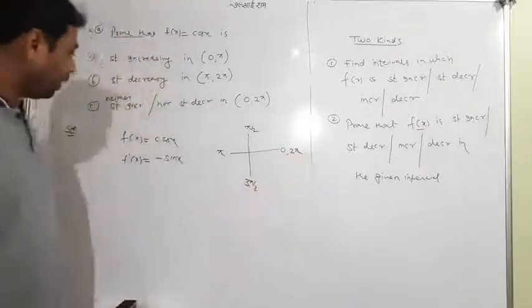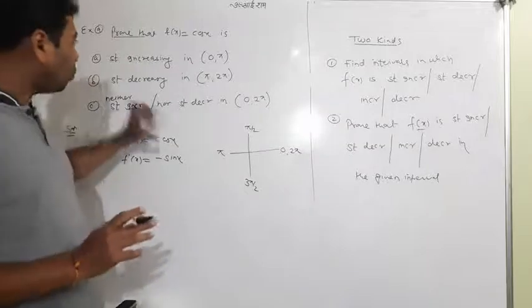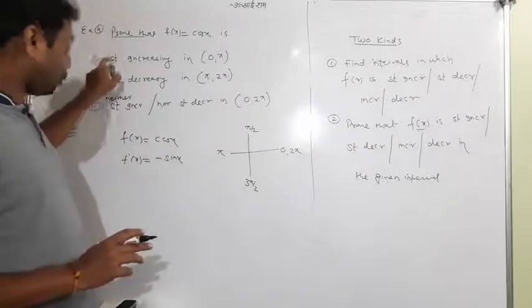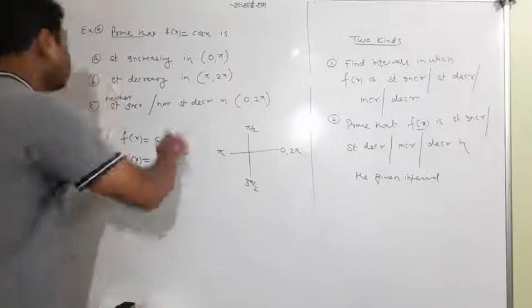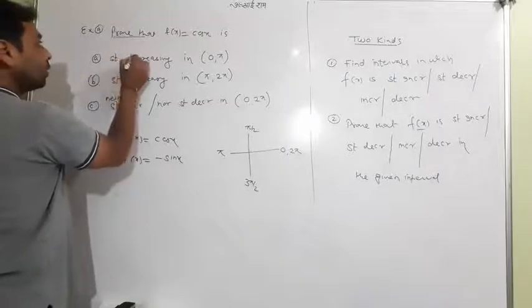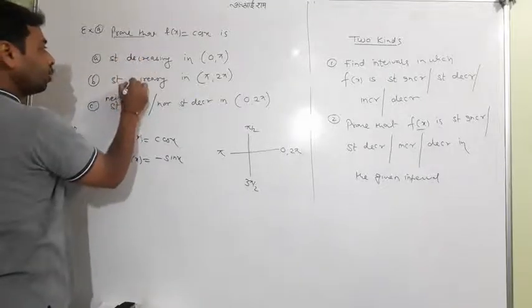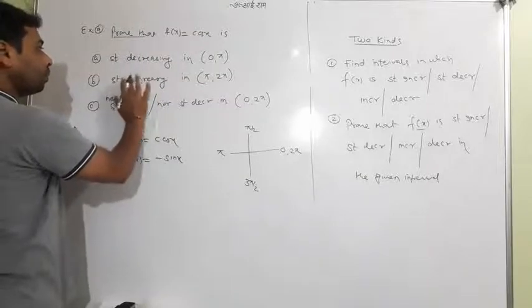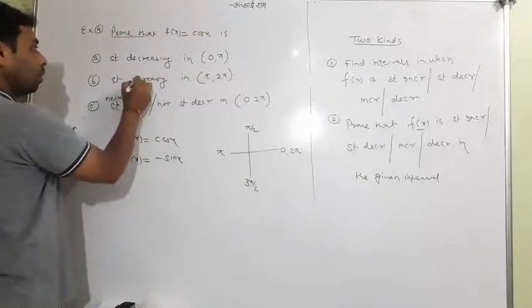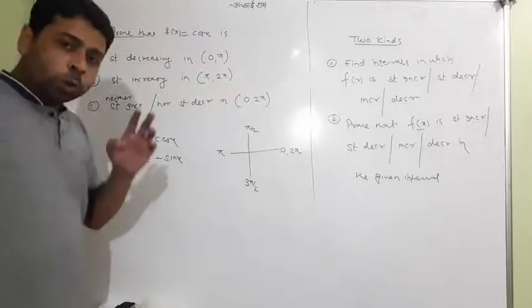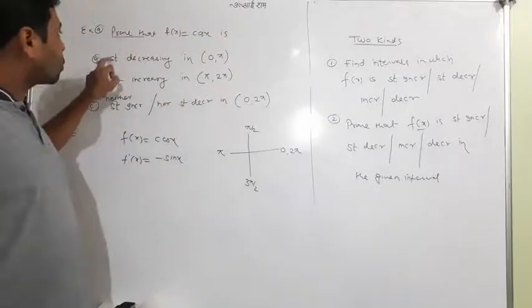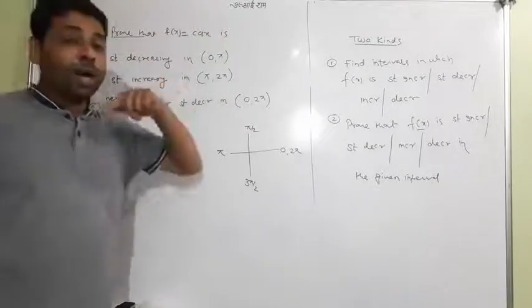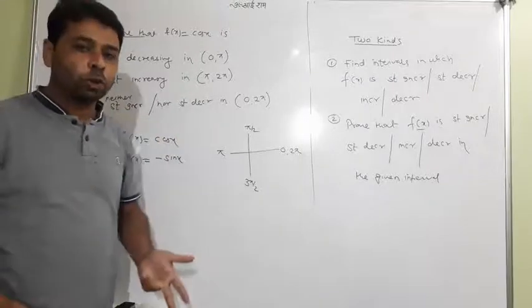So I ask you one thing, that we have to show a function is strictly decreasing. Sorry, it is increasing. No matter at all. Now it is a question. So okay, this time we have to prove strictly decreasing, so we have to show f dash x less than 0. So how would we show it? I tell you.